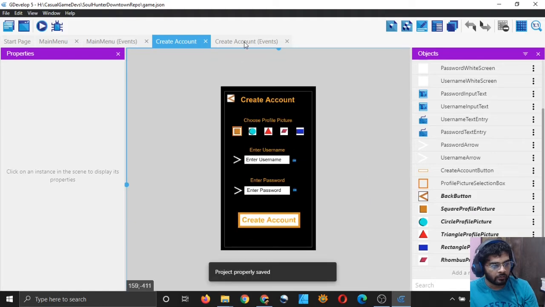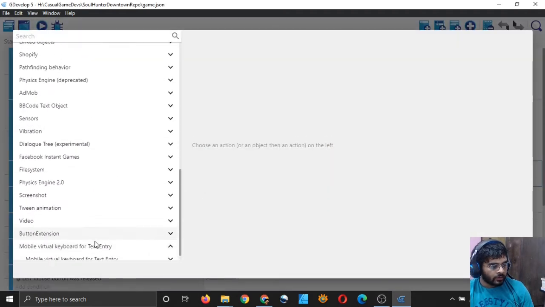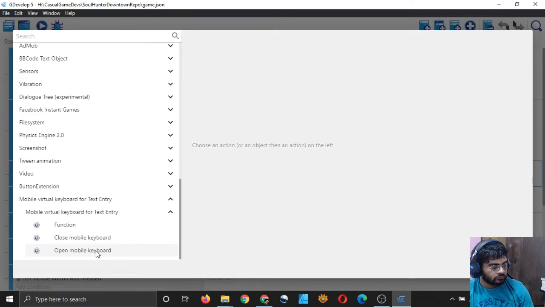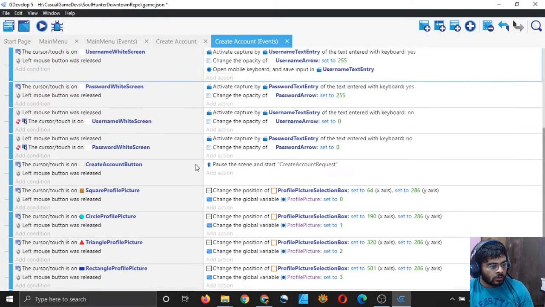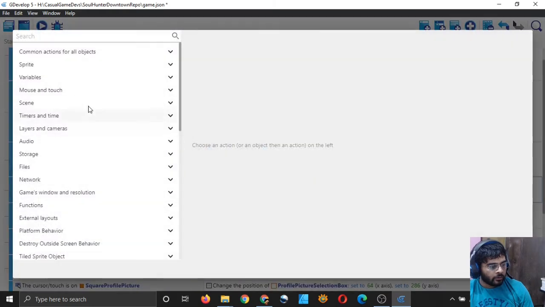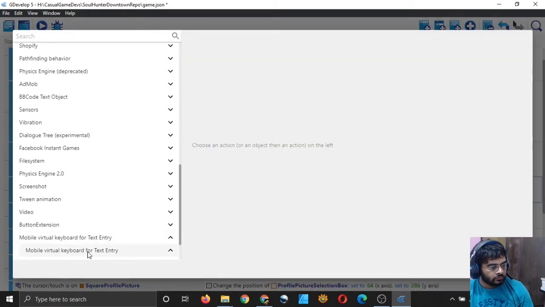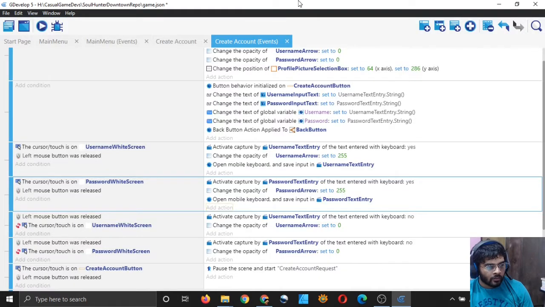And now in the events, in the username wide screen you can activate the virtual keyboard for username, and in the password wide screen activate it for the password text entry object, right?